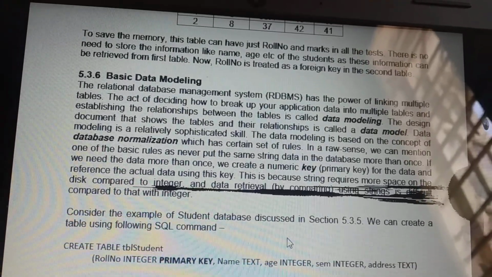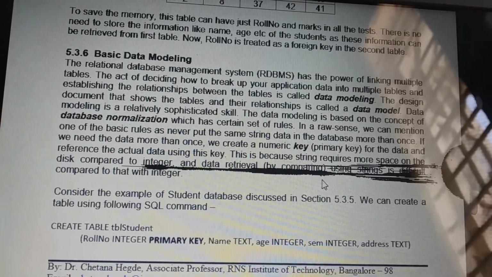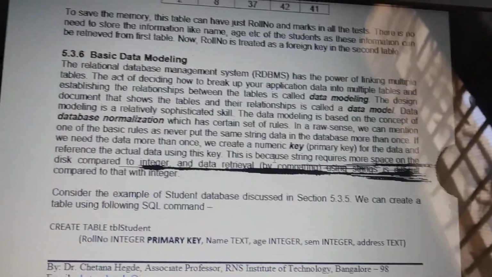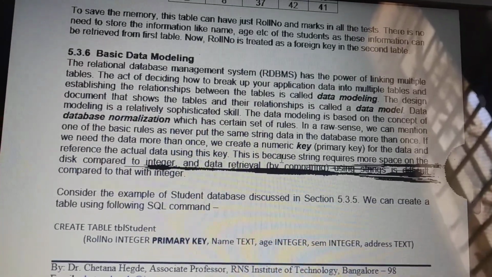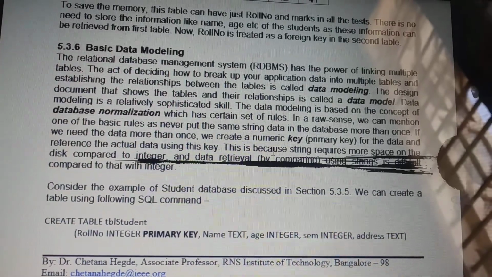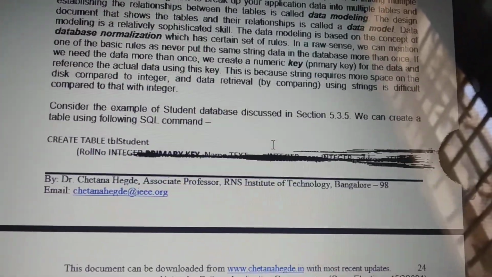Once you use a primary key, you can create a link from one table to another table, such that the space required to store these tables will be lessened.